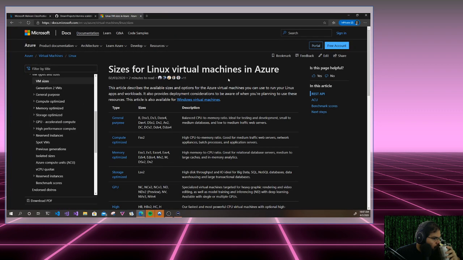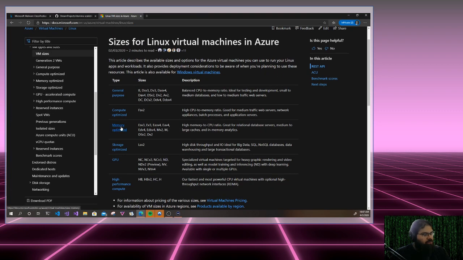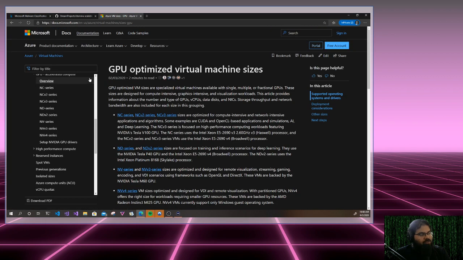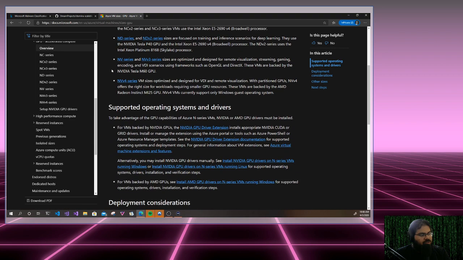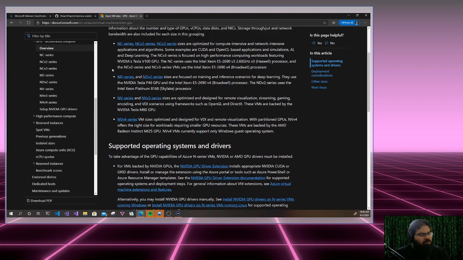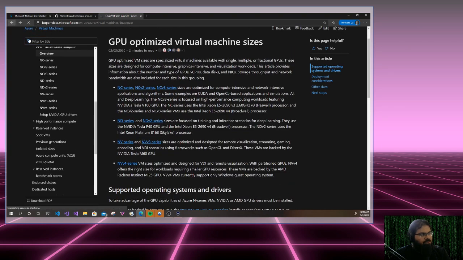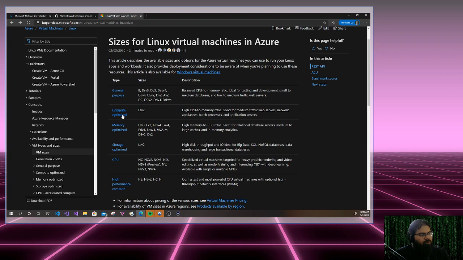What we're looking for is something with a good CPU to memory ratio. I'm not going to go with GPU optimized just yet. While we could use the API to enable the GPU and use it for training, I'm not going to just yet. But this is definitely something we might want to consider, and I think Model Builder actually uses these NC series, if I remember correctly. So these are GPU optimized virtual machines. In our case, I think we might be okay going